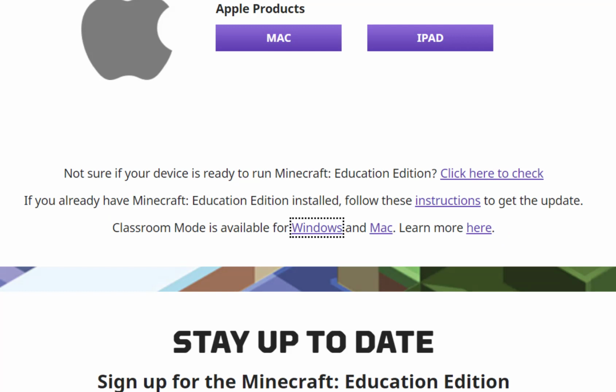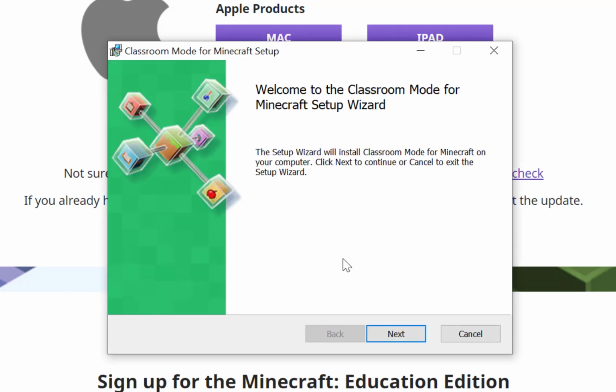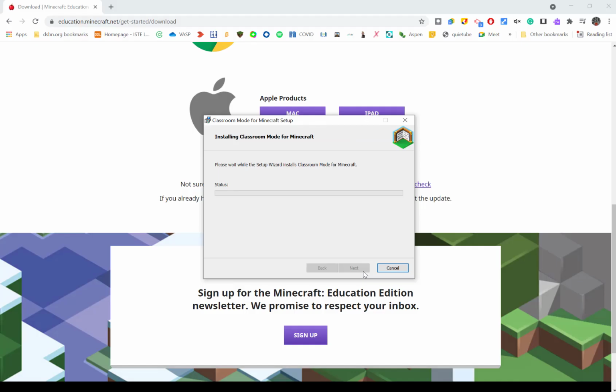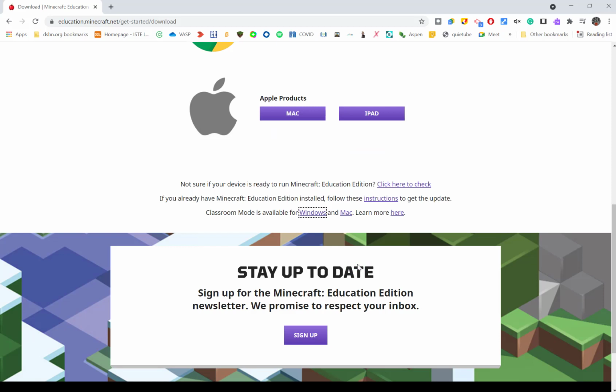It downloads to wherever you have it automatically downloaded. Mine goes to downloads, but I'm just going to double click on here. And then you get the setup wizard for classroom mode. So let's hit next and finish up. Now I have that all downloaded on my computer,